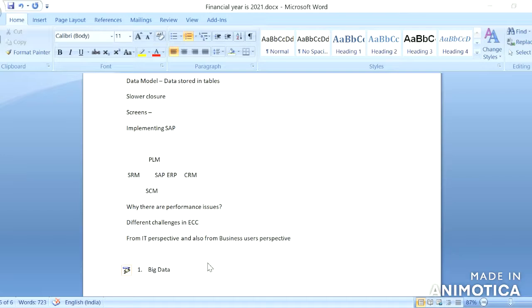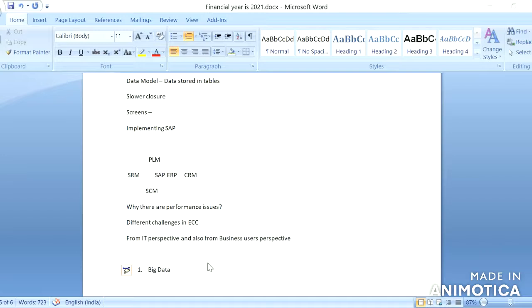So if you understand from this point of view, how many sales orders get created in SAP, and how many tables have to be updated if it is the same as ECC. The memory will get accumulated here, so the performance will get affected.